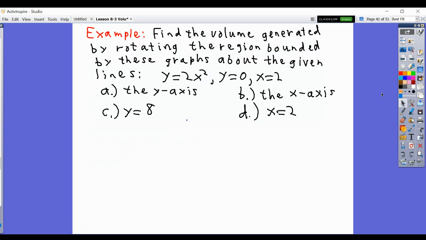I have another little challenge here. I want to see if you can find a way to set up how you would solve each of these different rotations. So we have the same graph. Here, I'll draw a little picture of our graph. So we have the graph of 2x squared. So 0, 0, then 1 goes through 2, and then 2 squared is 4,